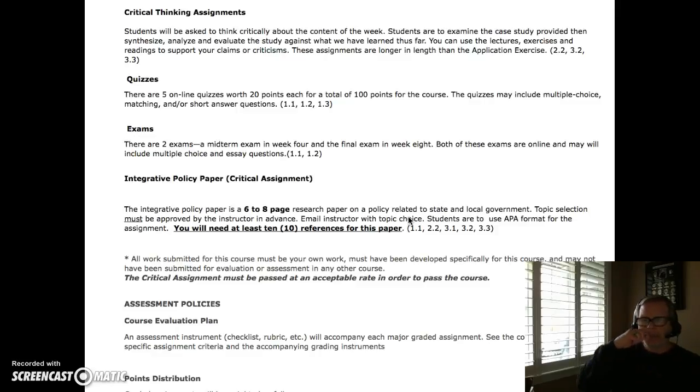Some states are passing legislation to try and shield illegal immigrants who have been in the country for some time from deportation. Just an array of things out there in terms of public policy that states and local government have been doing. Another one, for example, is California recently raised the smoking age from 18 to 21. And so those are the types of public policy issues that you can think about.